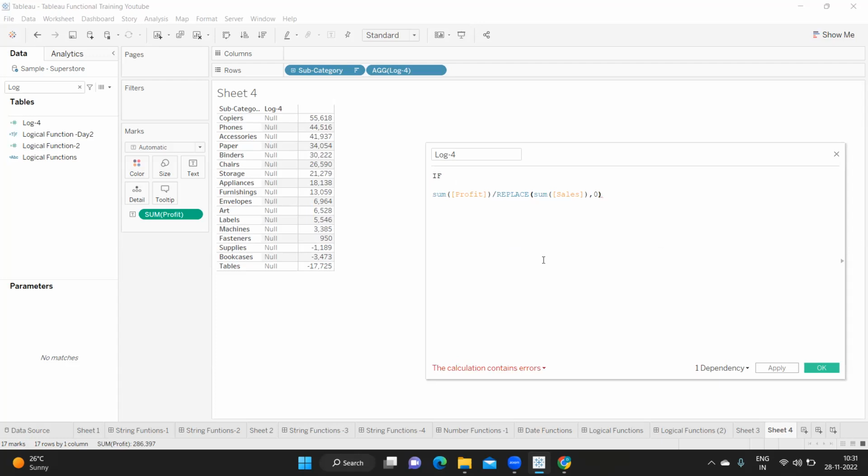Okay, let us see. So first let us comment this. Still we are getting "replace is called with the float. Did you mean string?" Okay, so see, now we are getting a string error here. So if I try to convert it into string,